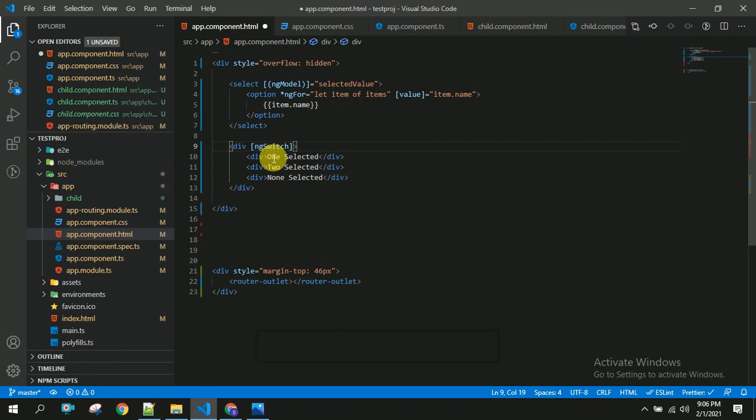So I am going to use ngSwitch equal to whatever we have selected. So we have this value and it will be checked with each and every child element. For this I am going to use ngSwitchCase equal to 1.